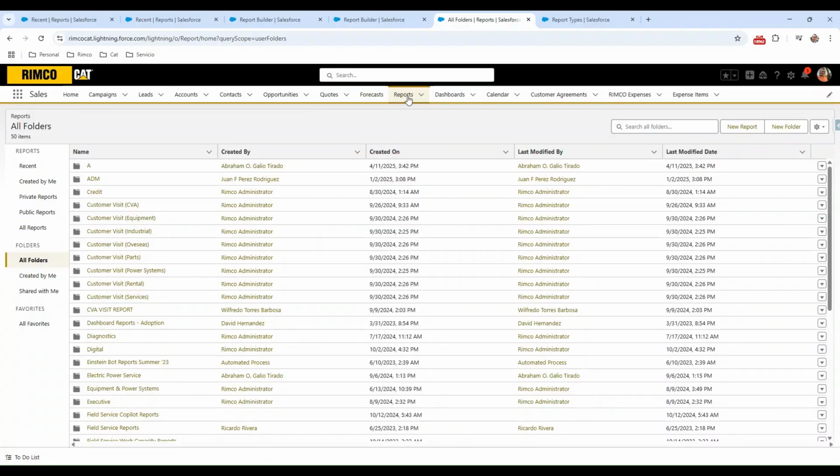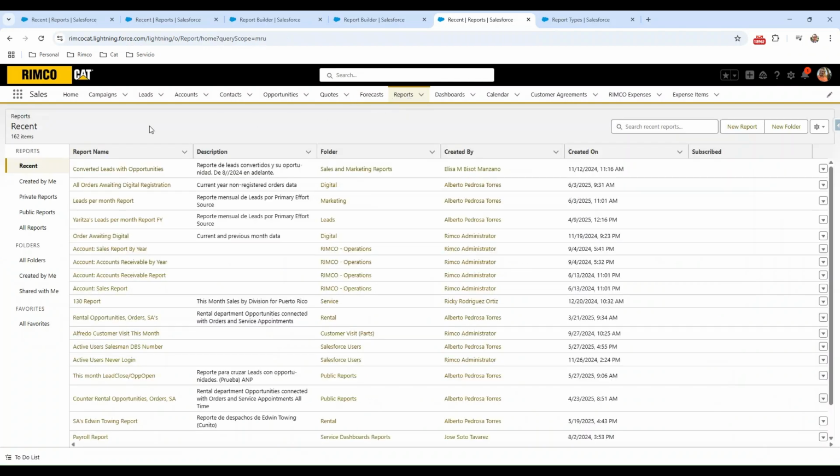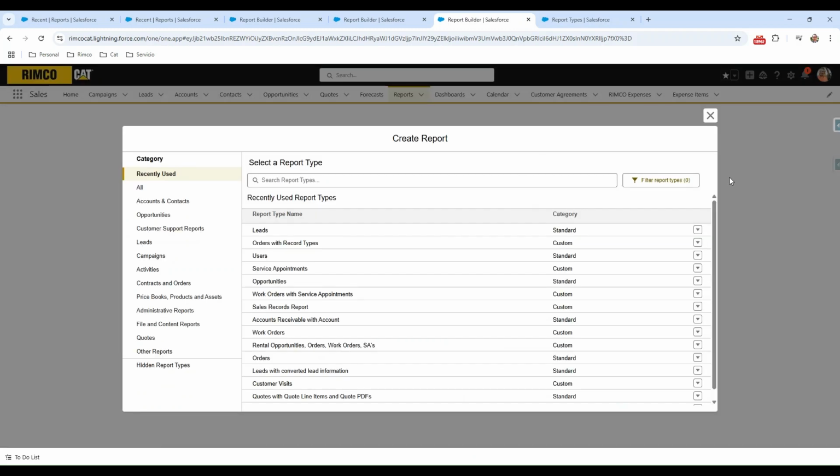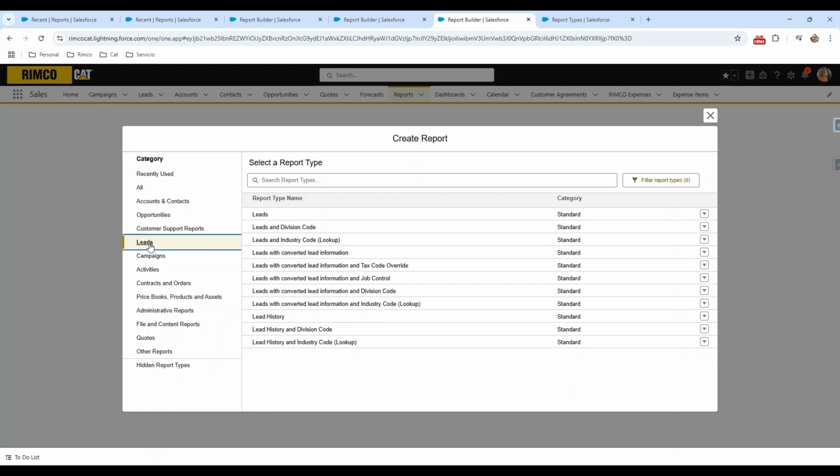First step, go to Reports. In Reports, click New Report. A new window is going to open. In Category, select Leads. In the Report Type options, choose Leads Converted Lead Information,